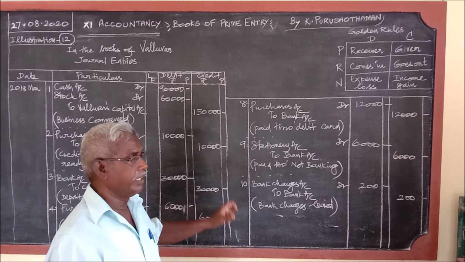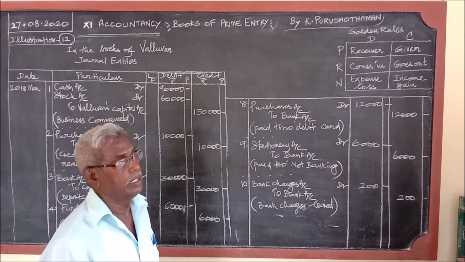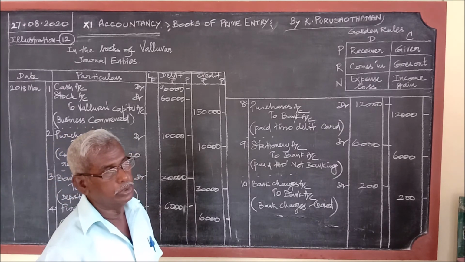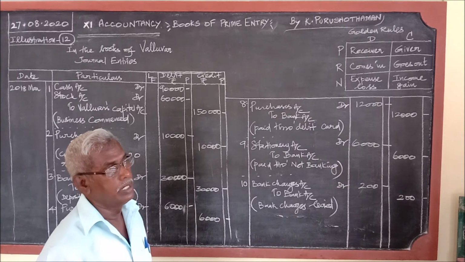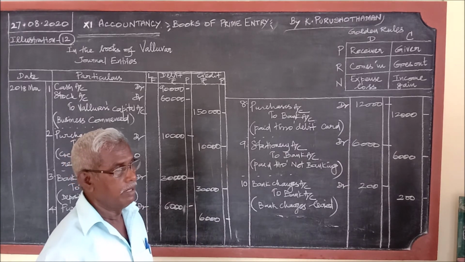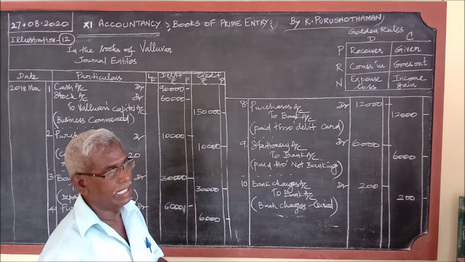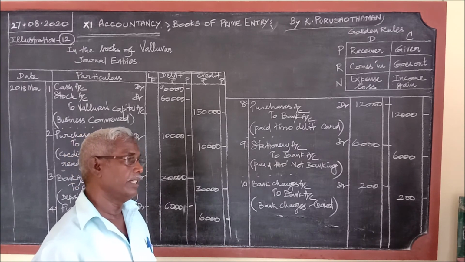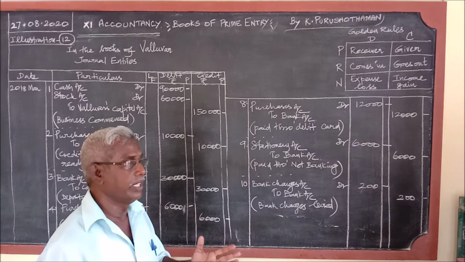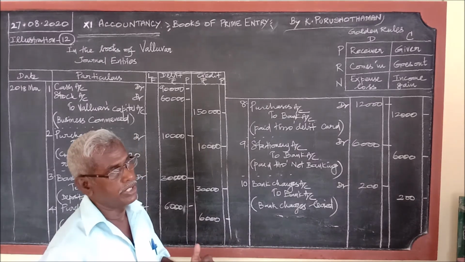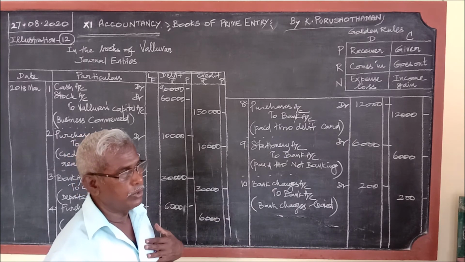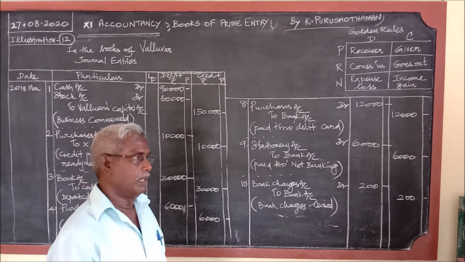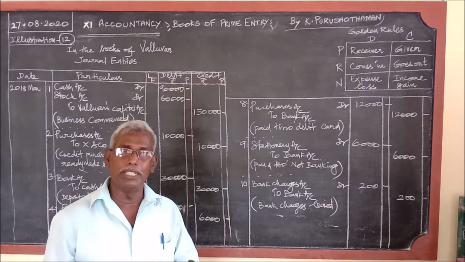This is a special entry. Once again listen. What do you mean by bank charge? The bank does some service on behalf of us. For that, the bank collects some money from us. It doesn't send a notice and ask us to pay. From our account, it will take the amount or debit the amount automatically. The bank takes it from our account by itself and does not ask us.